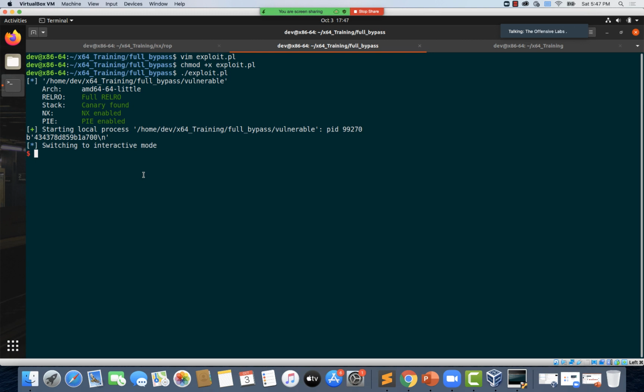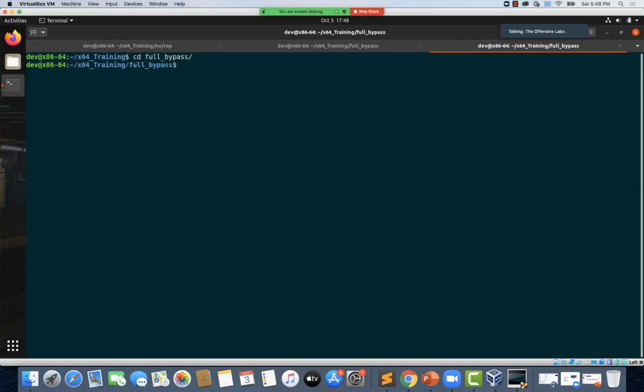Is it clear so far? If yes, we will proceed further to understand how we can leak the Libc base address and use it to bypass NX and ASLR. So we basically passed one argument which is exactly leaking the stack canary. So that's pretty much it. Now let's move on to the